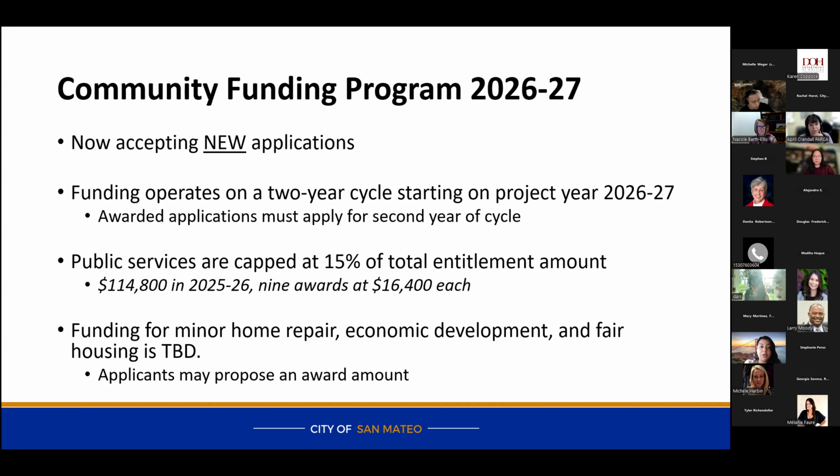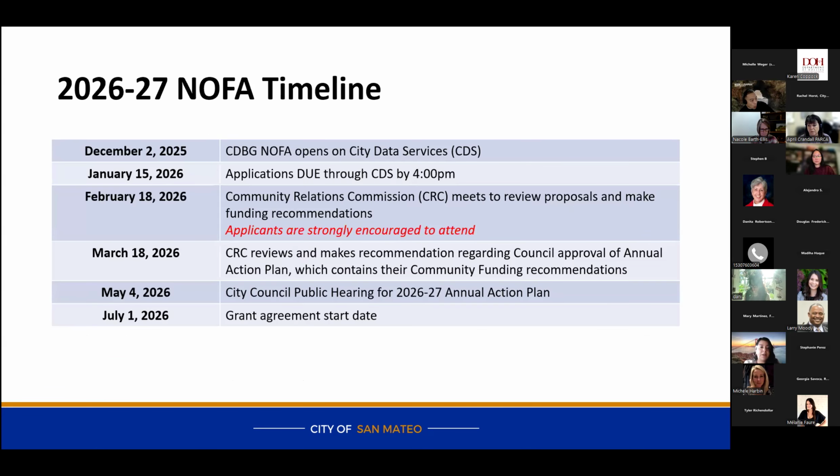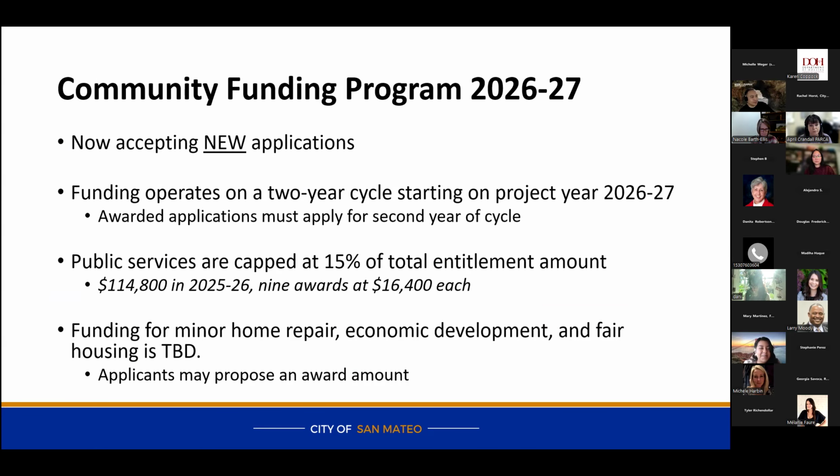We are accepting new applications from new applicants in this NOFA round. Our community funding program operates on a 2-year cycle, which we are starting our first year for 2026-27. Applicants who receive an award will apply for a second year of the cycle next year. Public services are capped at 15% of our total entitlement amount.